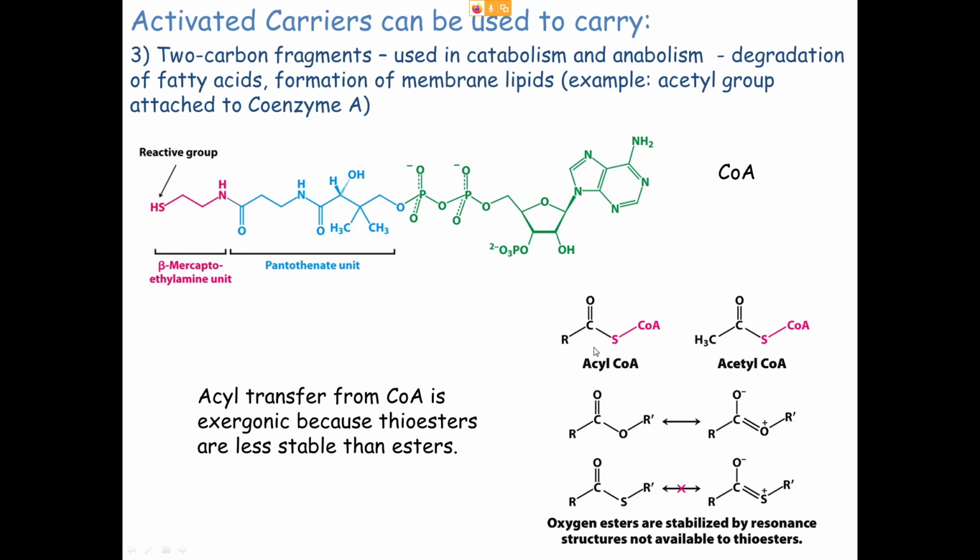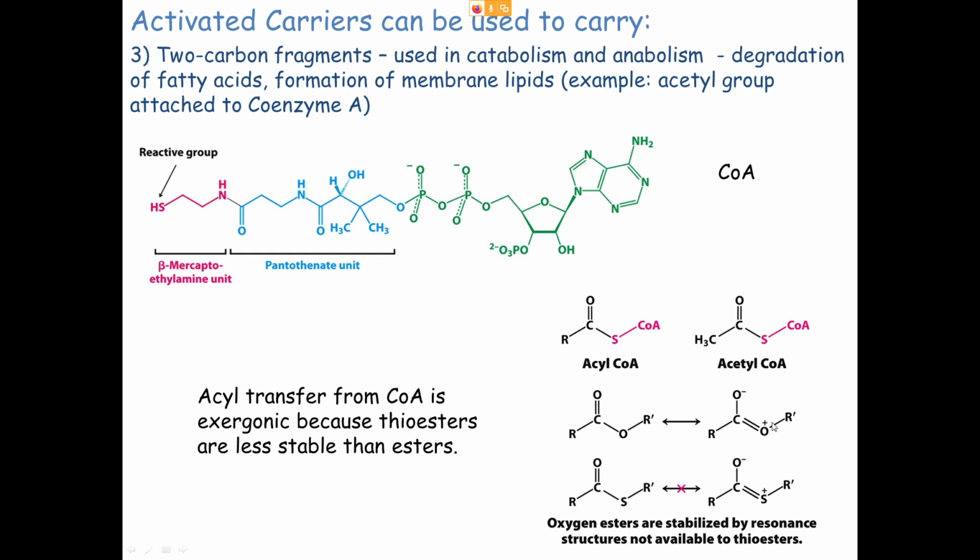Thioester bonds are much like ester bonds, except its oxygen has been replaced with a sulfur. But it has some properties that esters don't have, and it's lacking some properties that esters do. This is shown on the right. You notice a regular ester bond has a resonance structure where the double bond could migrate between the carbon and the other oxygen. Right? This is a less stable arrangement because we have a separation of charges, but it does exist. And it gives this ester bond a double bond characteristic, and again, just like with our peptide bond, it